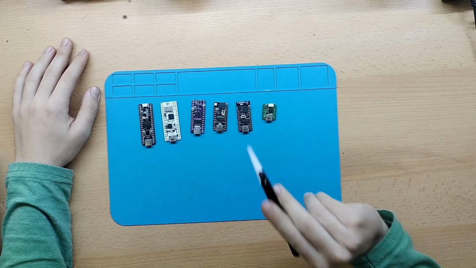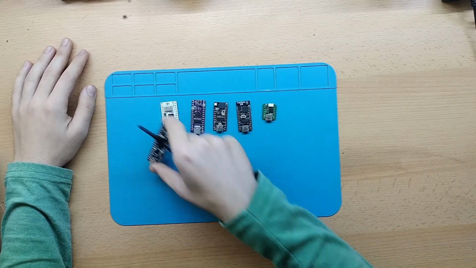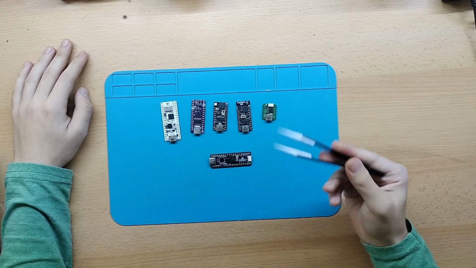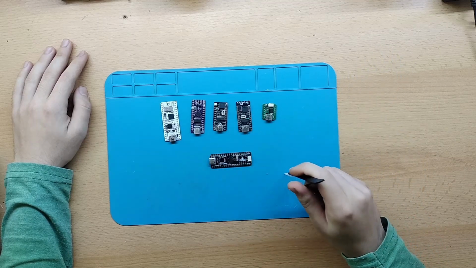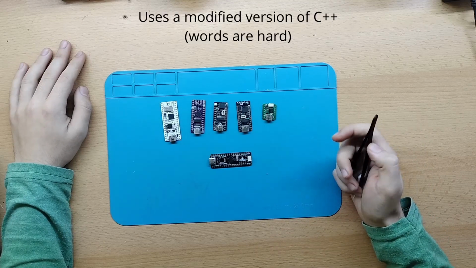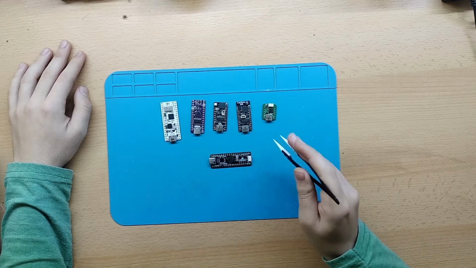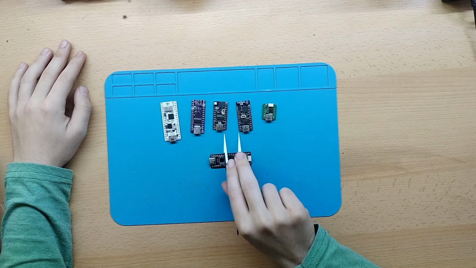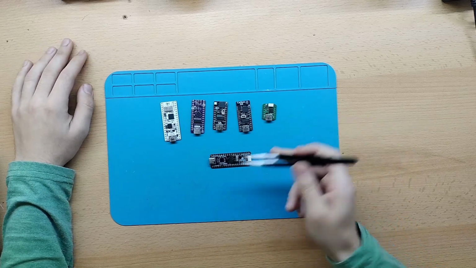Now we're gonna start big and end small. First board I have over here, it's a STM32 based board. Now they all can be programmed through the Arduino IDE, which is a different version of C++ actually, but each one of those will need a different library, with the exception of these two, which have a shared library. So the